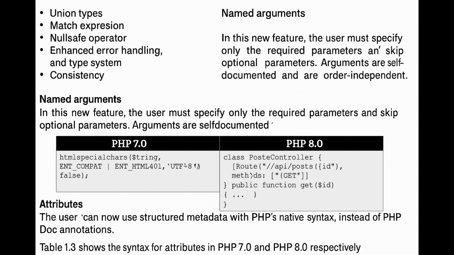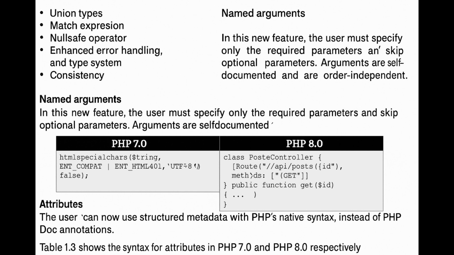PHP 8.0 introduced several powerful new features and improvements that make the language more modern, efficient, and developer-friendly. Some of the most important additions include union types, match expressions, the null-safe operator, enhanced error handling, and an improved type system. These changes were designed to enhance performance, increase code reliability, and bring PHP closer to the standards of other advanced programming languages. Union types allow developers to specify more than one data type for a function parameter or